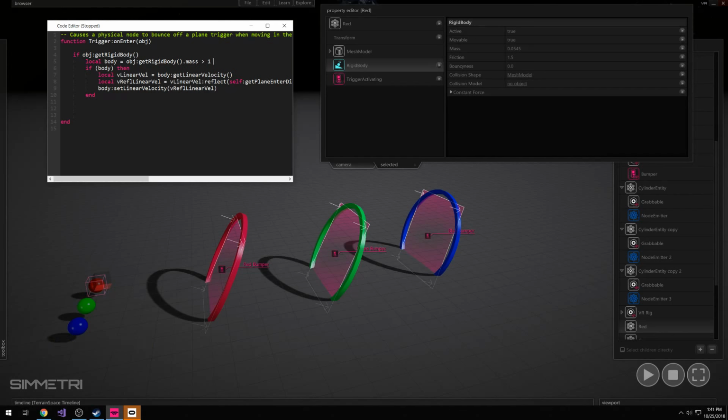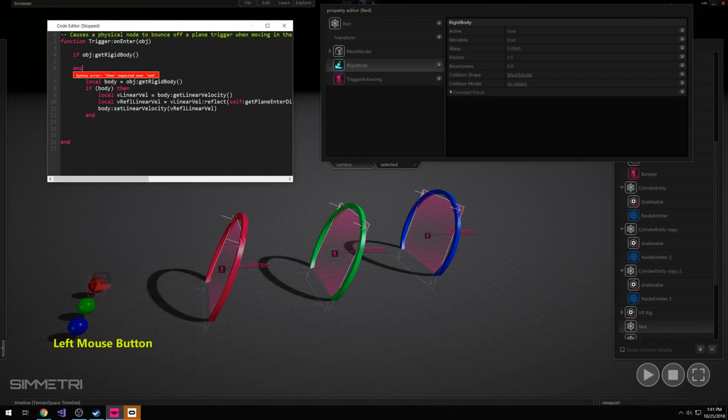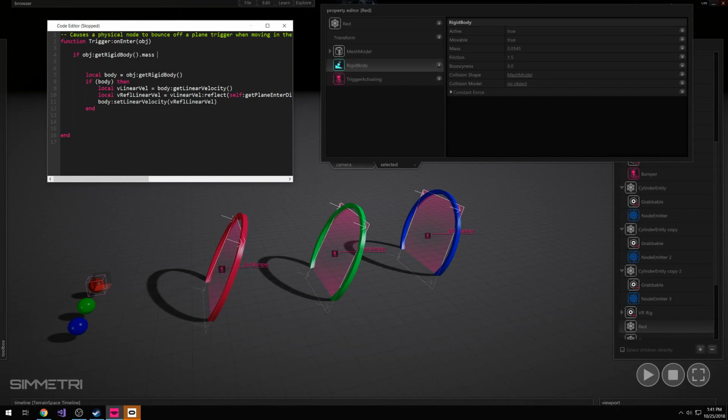Oops, I've cheated myself. You guys probably caught that. I put this mass in the wrong place. Silly me. If object get rigid body dot mass is greater than 1, then